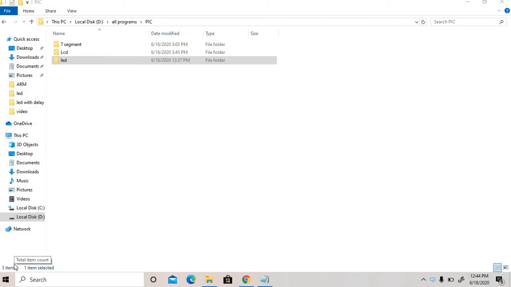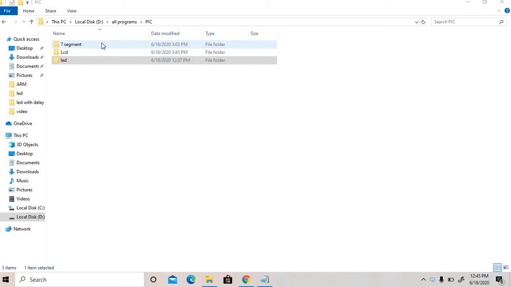Today we have to work on interfacing of LED with PIC microcontroller. For writing this code, we are using MicroC Pro compiler, and for debugging we will use Proteus. For those who are working on MicroC Pro software for the first time and want to make a project in MicroC, I have put the link in the comment box. I have already written the code, and for explaining I am going through the code step by step.